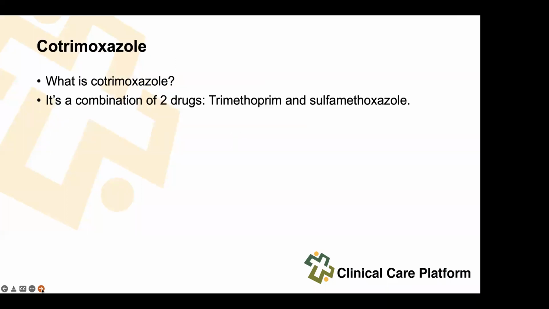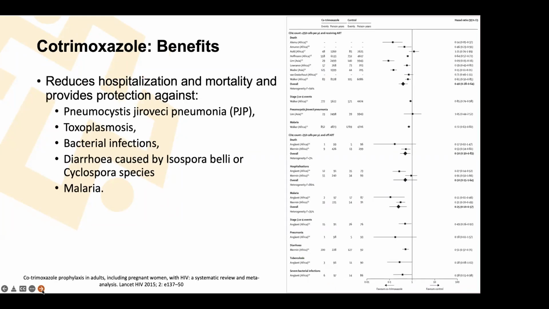Then we take it from there. In terms of cotrimoxazole, really it is a drug that is common. We use it every day, even for other conditions, whether we are treating very minor infections or urinary tract infections. It's a combination of two drugs, trimethoprim and sulfamethoxazole. And we use it really for its great benefit. I was trying to share with you a lot of data, but I realized that it's a program really that we have used for a number of years.